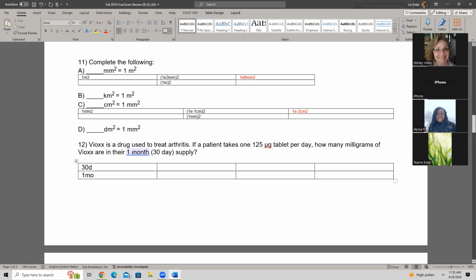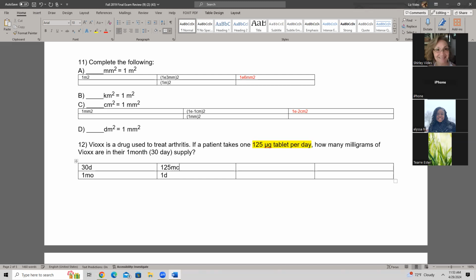Now we have to look at our questions to see if there's anything that has a day. And it does. You see that? Right there. And that is what your doctor is going to tell you one day. We want to know what her maximum supply, the 1 month supply is, because you're dispensing, right? You're dispensing a 1 month supply. So you need to know how many milligrams you're going to dispense, because there may be a limit or whatever, okay? So you notice that for every day, right, she can only take, or he can only take 125,